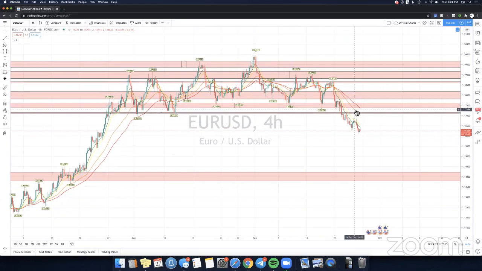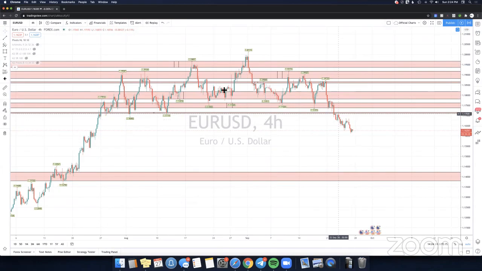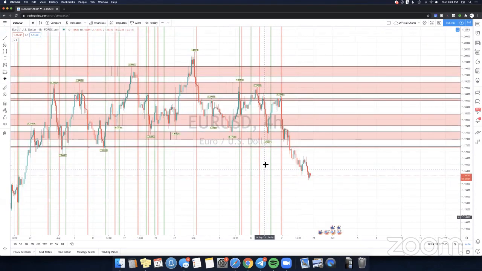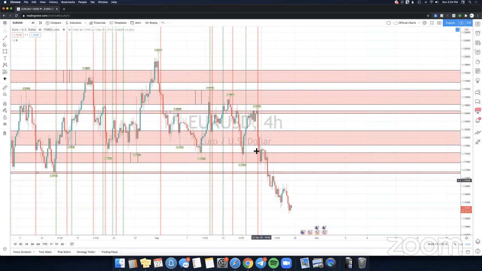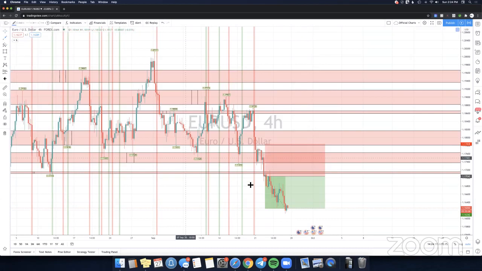So right here, price is trending down. Once we have that, I can hide this off the chart because obviously I'm only going to be looking for sells. And then on top of that, I'm going to turn on the momentum indicator to see the direction of momentum. You can see right here, we got a sell momentum, and then it confirmed when it closed. Once price closed below this point, I think we entered a Euro USD trade. I don't know if it was last week or the week before, but once price breaks these zones like it did right here, it provides a sell entry, because once that happens, odds are price is going to continue